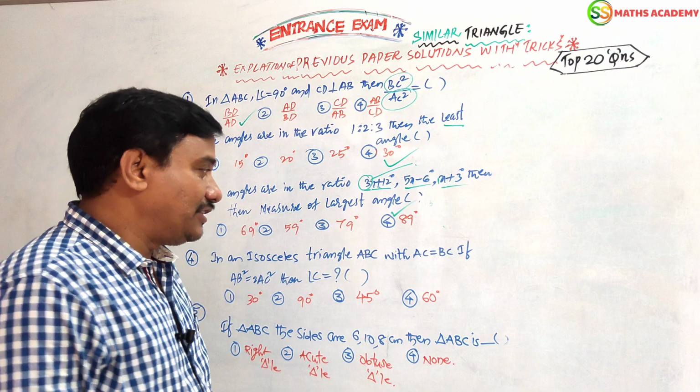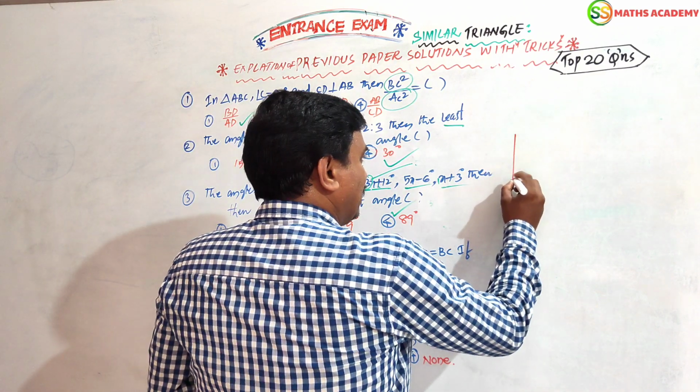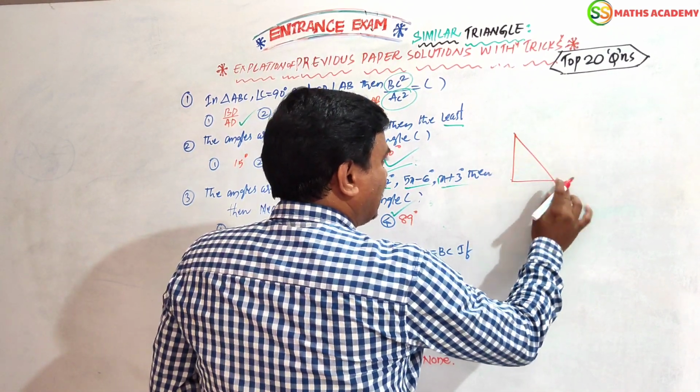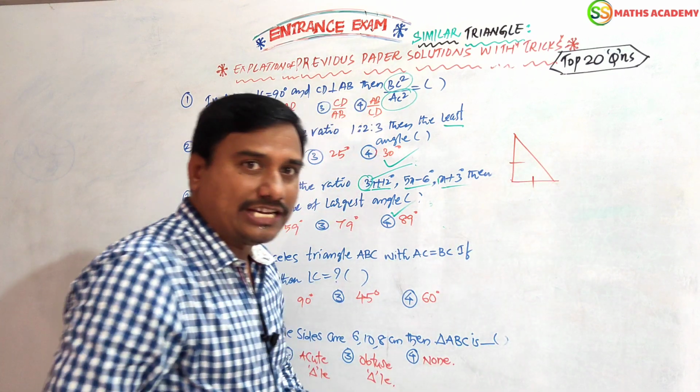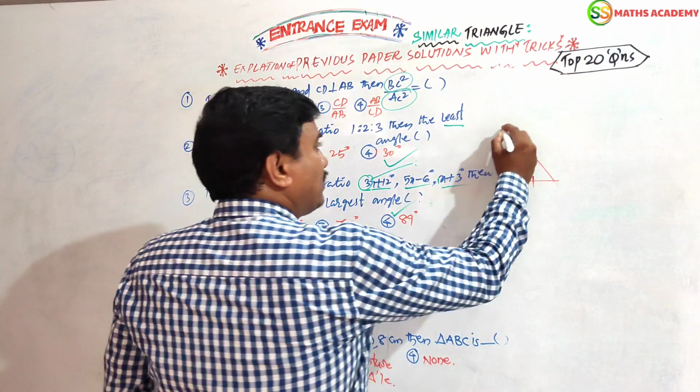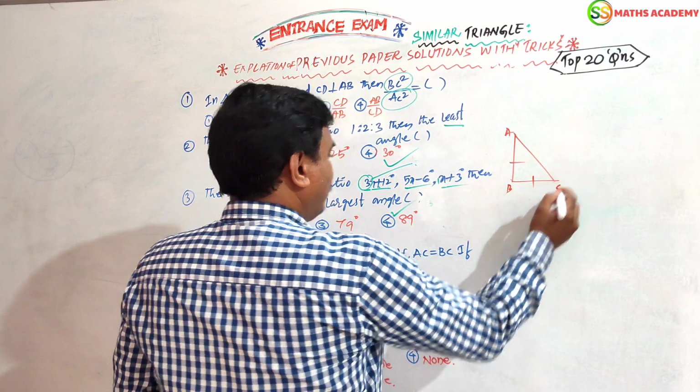Absolutely 90. How is it? With the diagram I will explain to you. See, what is it saying? Isosceles right angle triangle. Isosceles means compulsorily these two sides must be equal. No doubt at all. Now, because the hypotenuse will be the longest side,